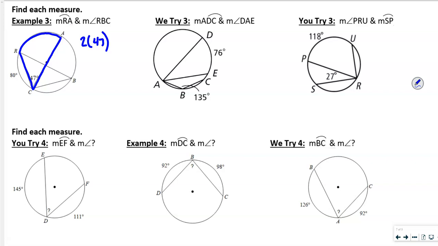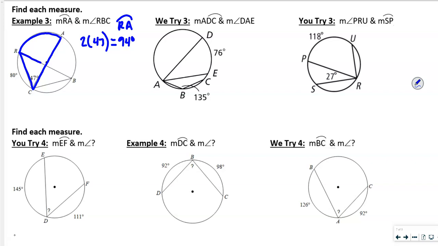2 times 47, 2 times 50. Okay, let me check this. So that's 94, and that was arc RA, right? Okay. Then it's saying find the angle